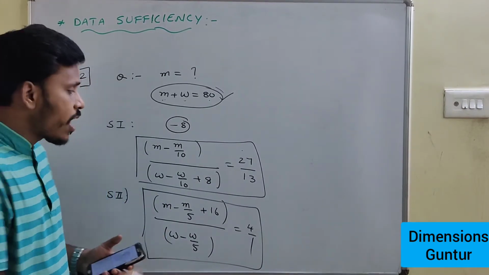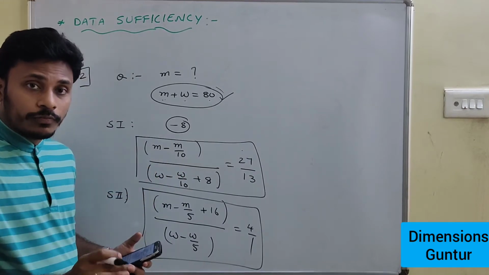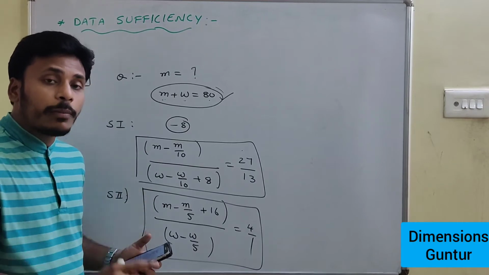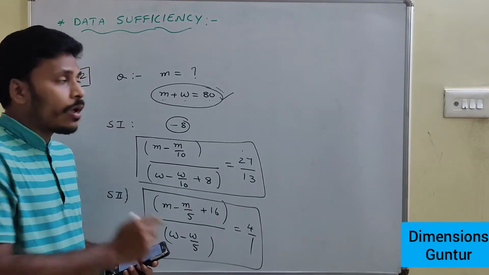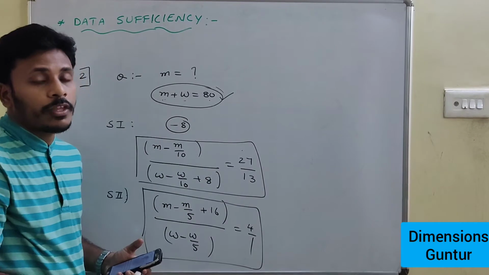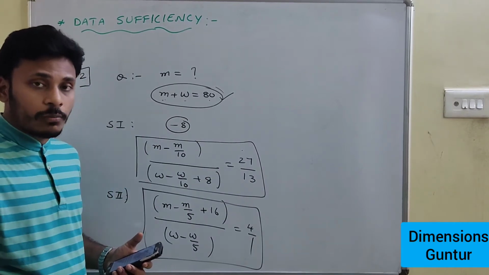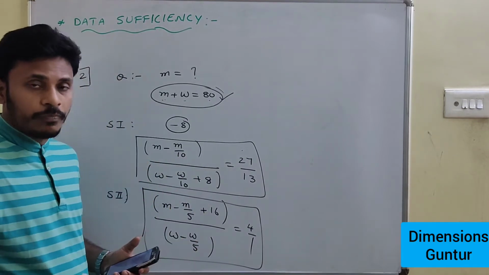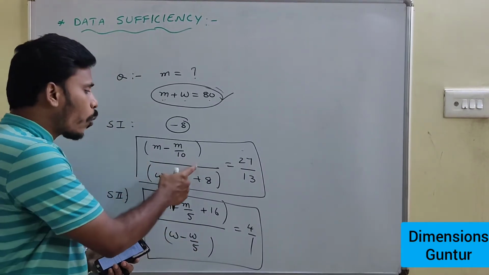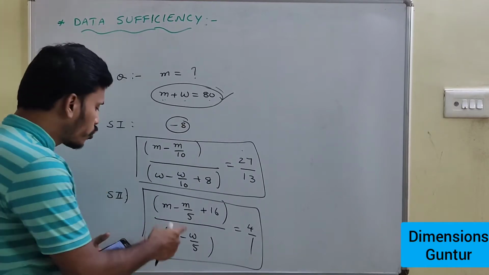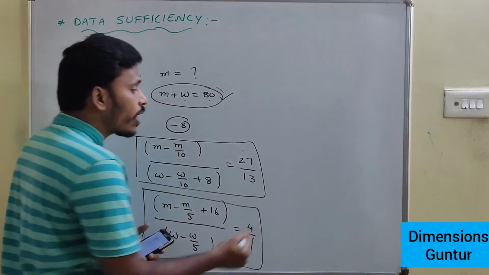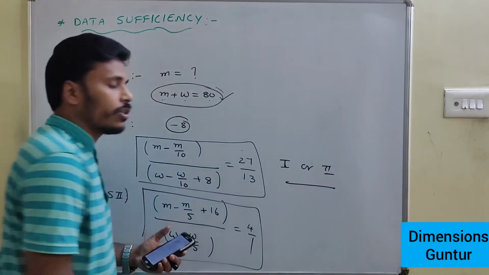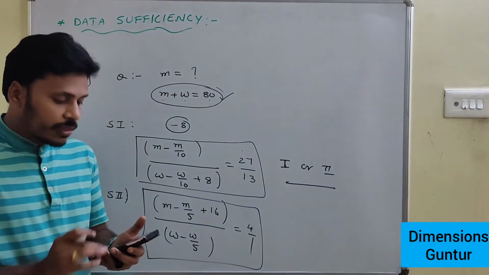So in this case, no need to calculate m and w. To calculate m and w, we need two equations. One equation is there in the question part. So we are searching for the second equation in terms of m and w. Statement 1 has one equation, statement 2 has another equation. We need only one. So use 1 with the question part or use 2 with the question part. Then at the end, your answer for this question is either statement 1 or statement 2 is sufficient to answer. And that's the second problem.